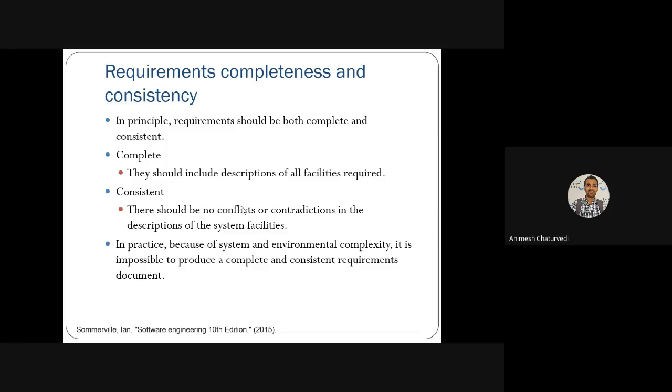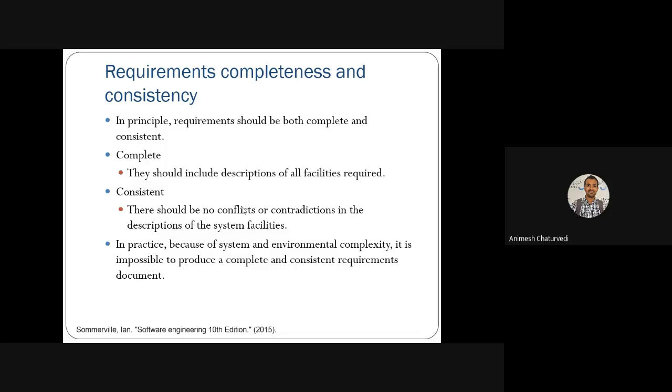Consistency means there is no conflict or contradiction between two, three, four different components or different requirements working. So the requirements mentioned at different locations of the specification document should be consistent. It means a requirement mentioned on the fifth page should not contradict a requirement mentioned on the 15th page. Both the 15th and fifth page requirements need to be taken care of, meaning how they have to be resolved before the system goes into the development phase.